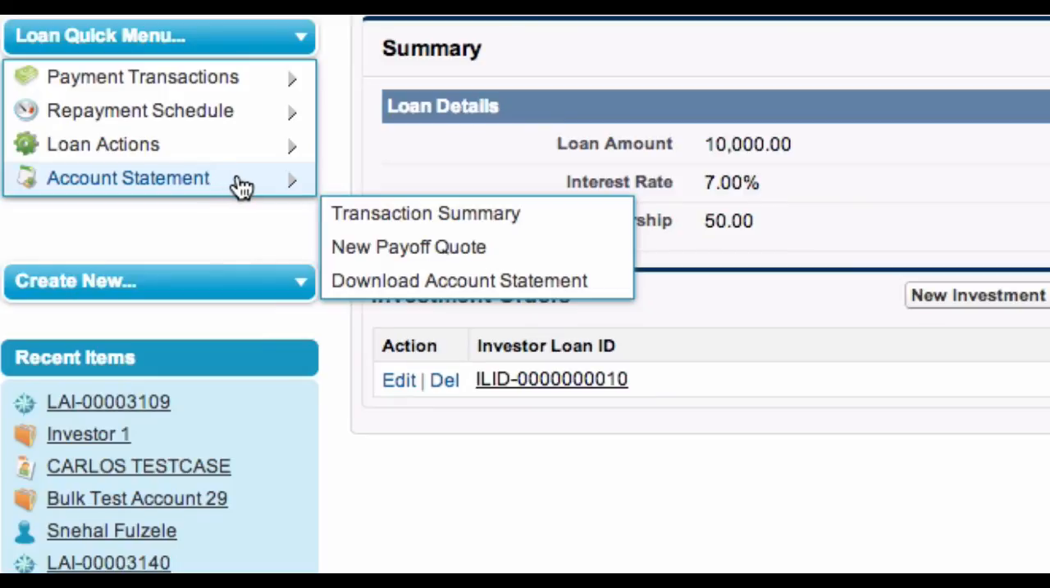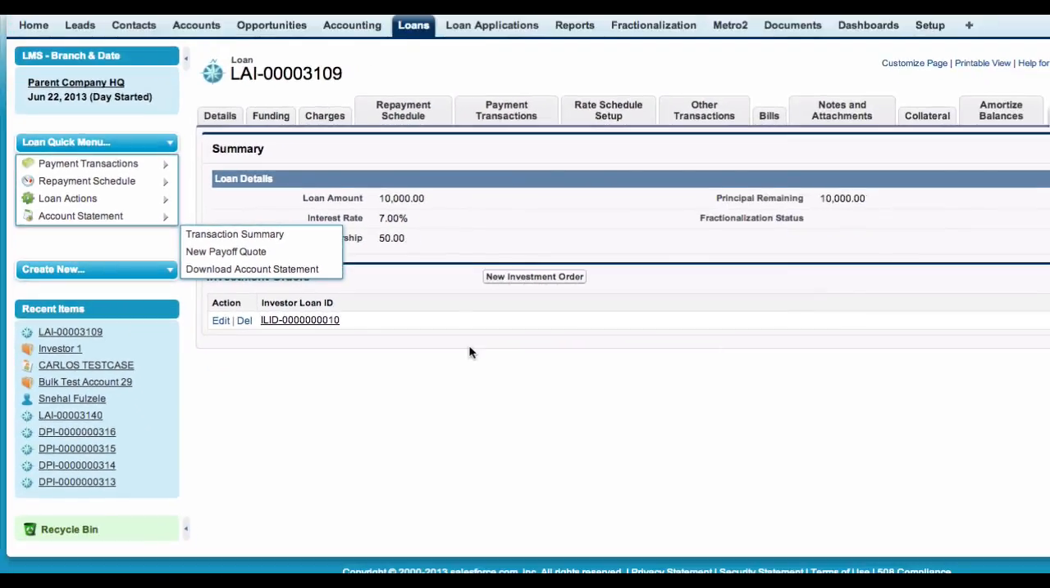And of course, account statements. We can create a transaction summary. We can create a new payoff quote, and we can download account statements, and then of course they can be sent to the client. So that gives us an overview of investors with P2P, a loan transaction, and how this